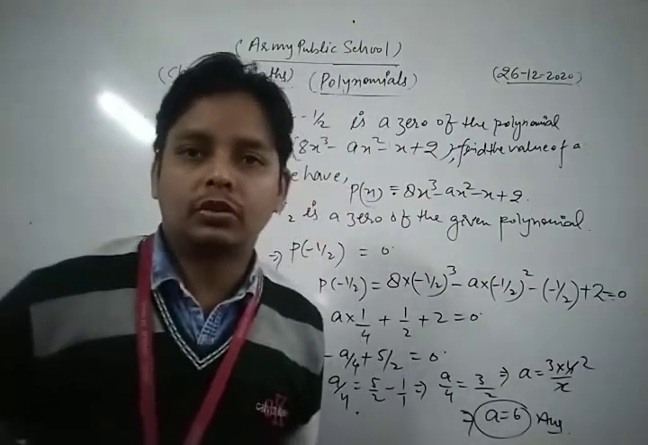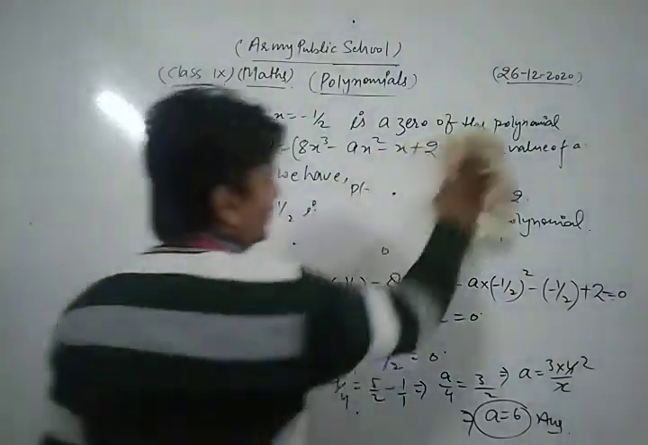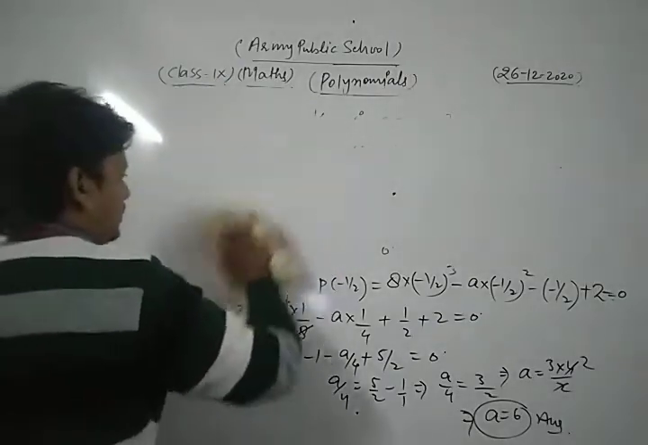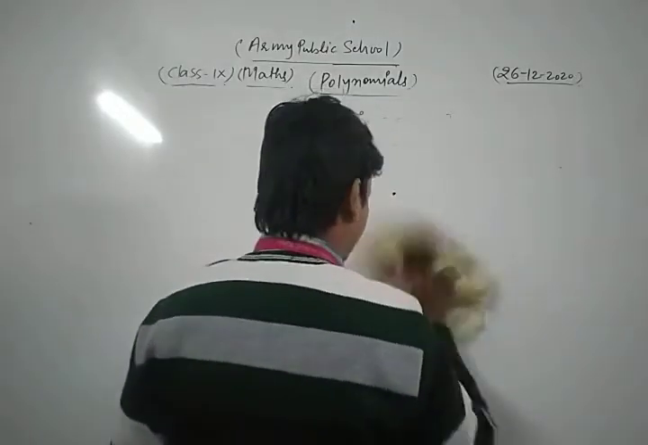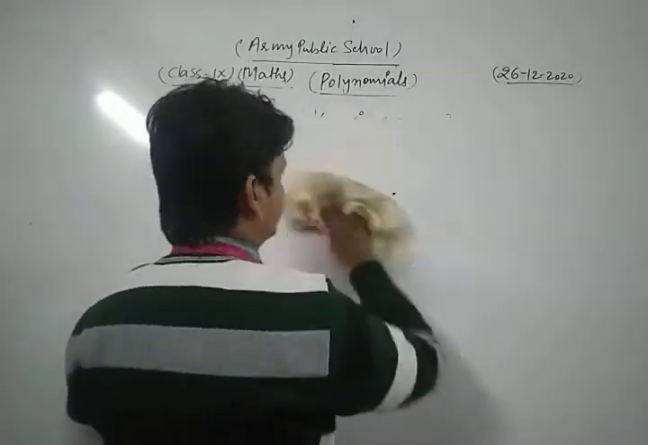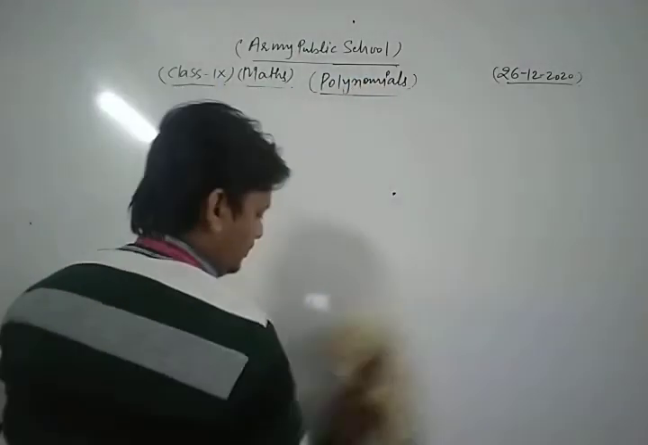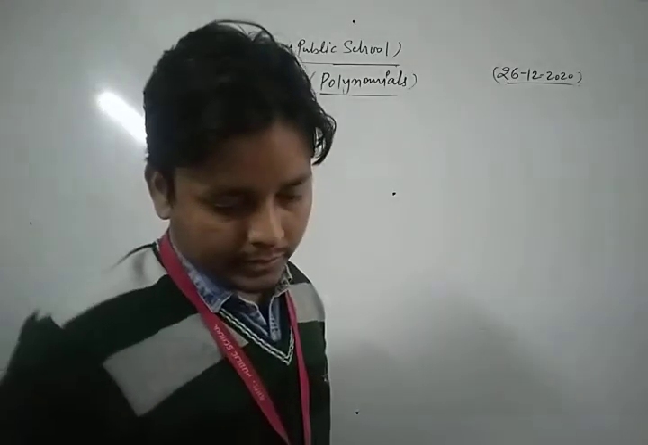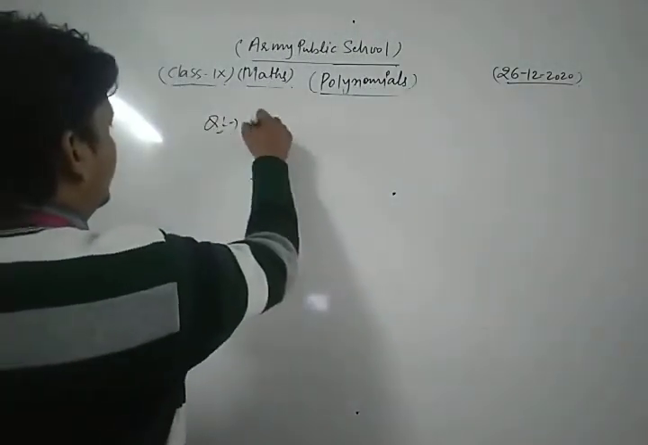based on zeros or roots of the given polynomial. Now we take one more question based on the same topic. Let's see. Now we take one more question, dear student. We have a polynomial f of x is equal to 2x cube minus